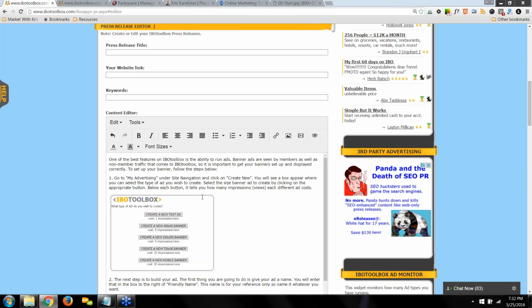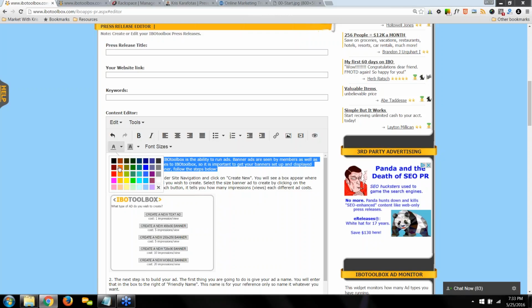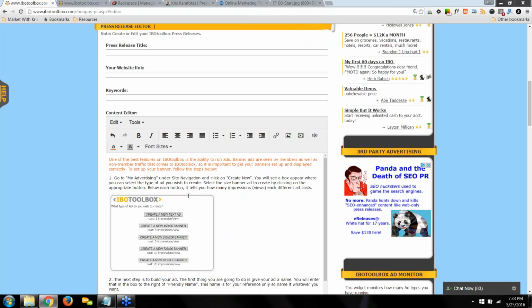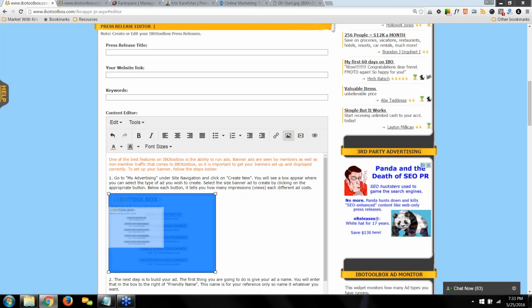You should always do your press releases in something else, draft them up in Notepad, and then copy and paste them in here. You can always go back and edit if you want to change the color of the text, or you want to, you know, center your picture.